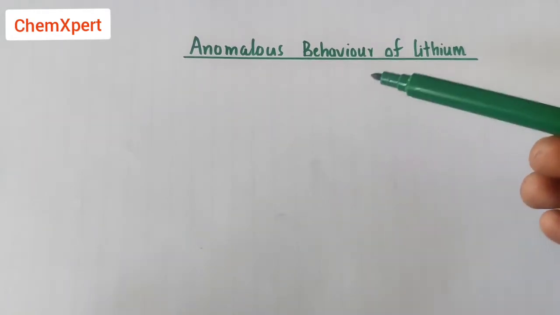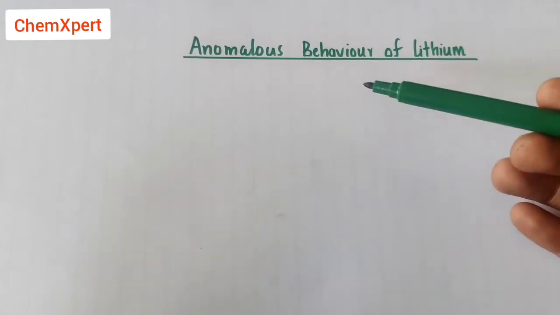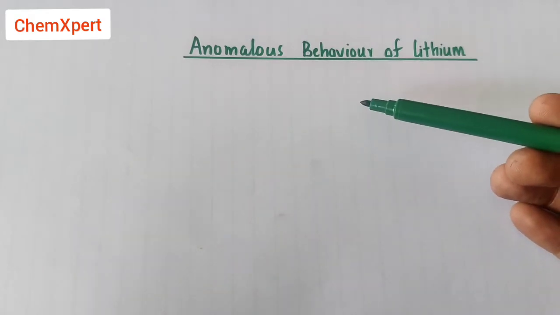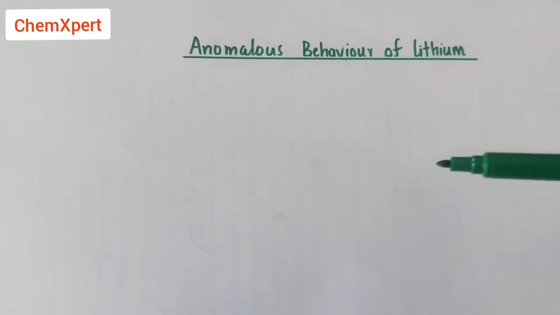For example, in the first group lithium is showing the anomalous behavior, in the second group beryllium is showing the anomalous behavior, in the 17th group we can say fluorine is showing the anomalous behavior. So all the first members of a group behave differently from the rest of its members. And the reason behind this is,